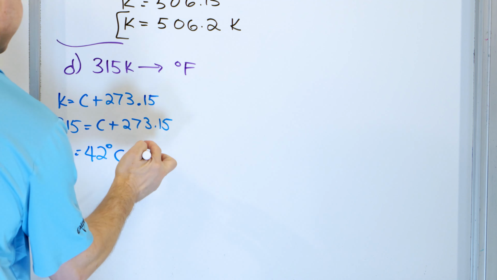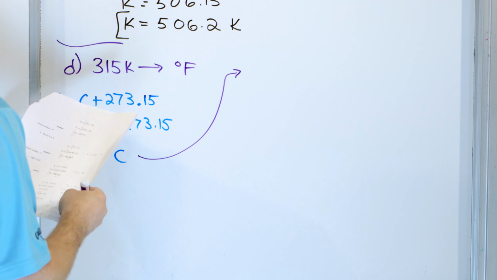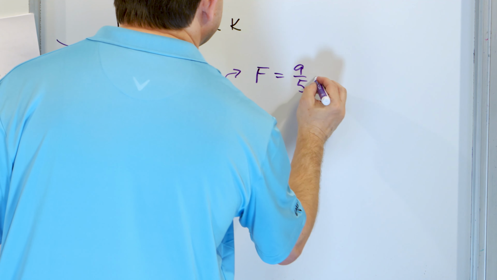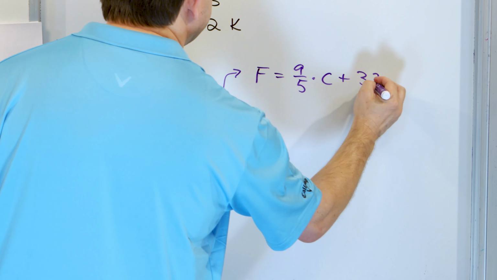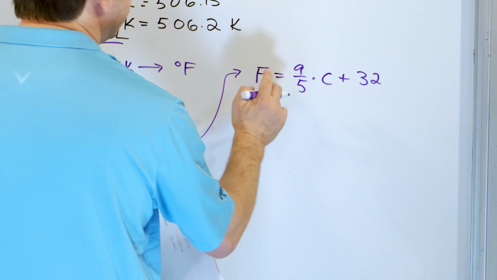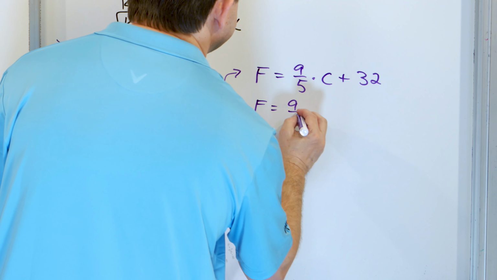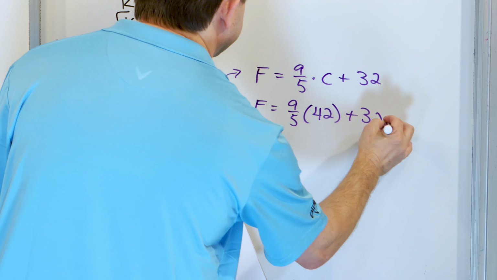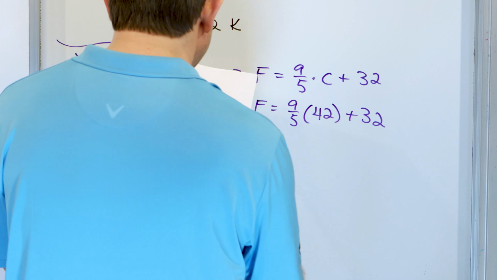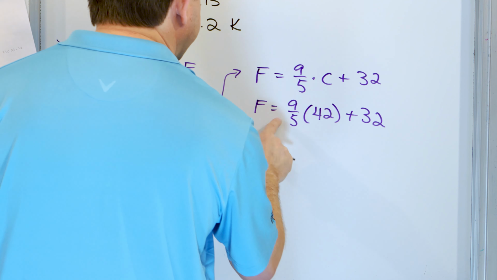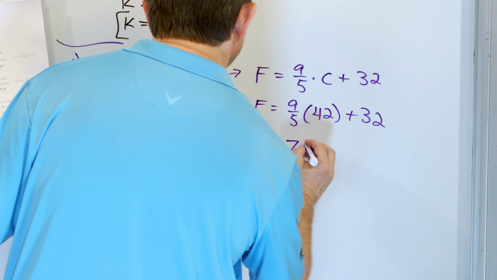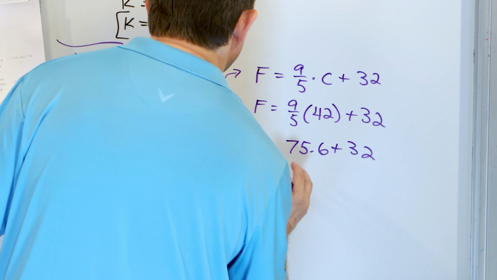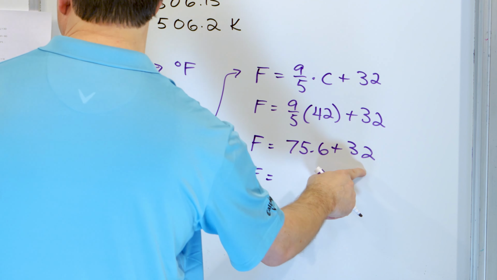Now, once we have Celsius, we go over to the second part of the problem. And we remember that the Fahrenheit temperature is just 9/5 times the Celsius temperature plus 32. And now we just stick the value of Celsius in here. So what we get is 9/5 multiplied by 42, and then we add 32 to it. All right? So when we take 42, multiply by 9, divide by 5, what we get is 75.6, and then we still have to add this 32 to it. So when you take 75.6 and add the 32, you'll get